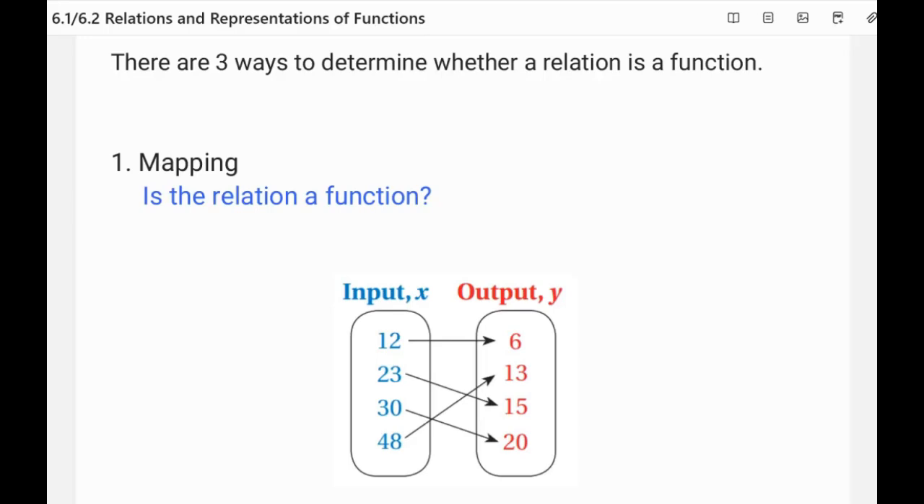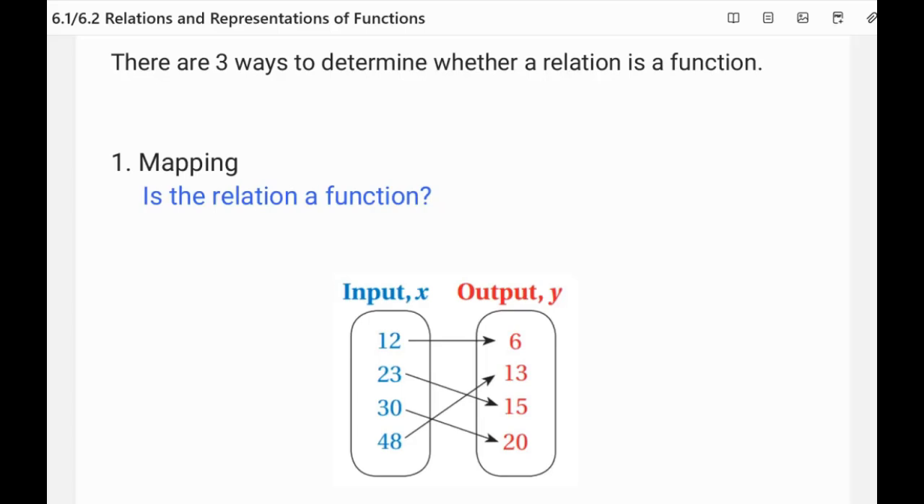As lessons on 6.1 and 6.2, an overview of relations and relationships of functions. There are three ways to determine whether a relation is a function. So the first method is called a mapping, and we're going to check it out to see if the relation